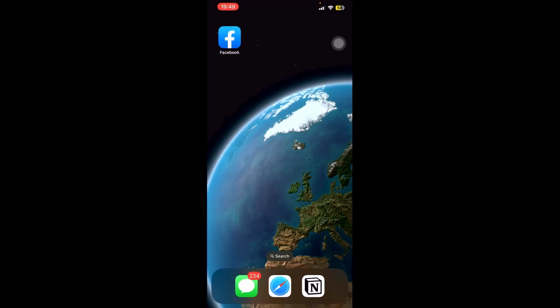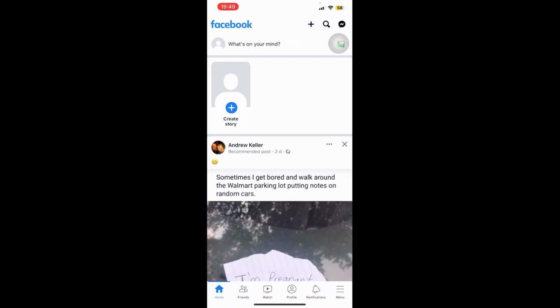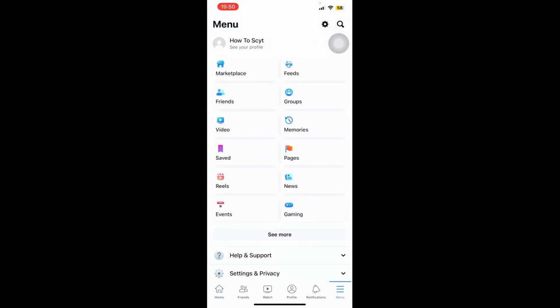In this video, I'll be showing you how to change your password on Facebook on the recent version of Facebook. All we need to do is go into Facebook right here, and then we'll be in our account. So we go ahead and go to the menu on the bottom right. Now we're gonna go ahead and go to our settings by clicking on the gear icon on the top right